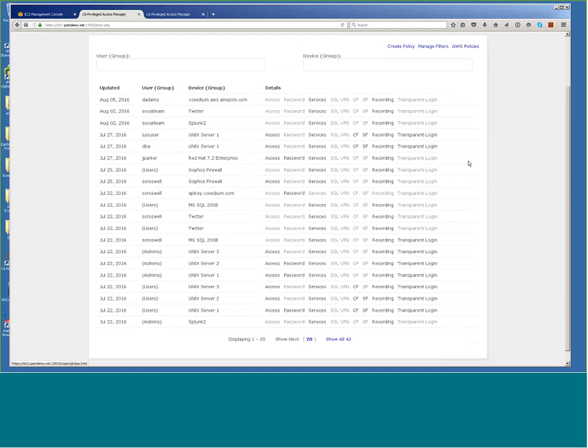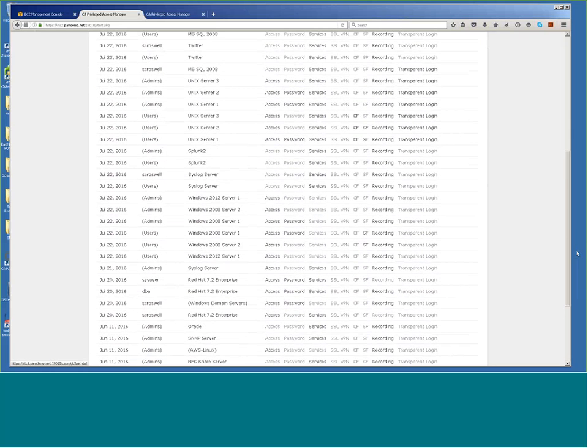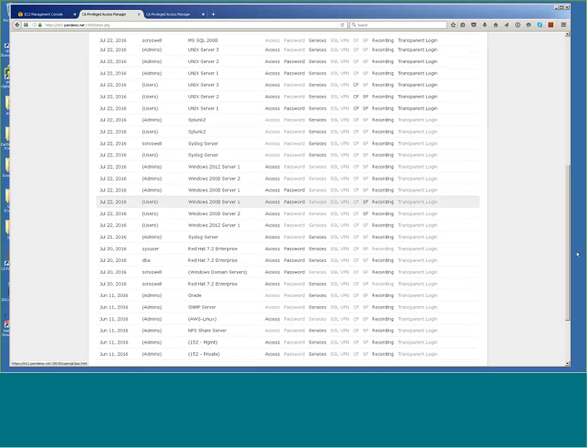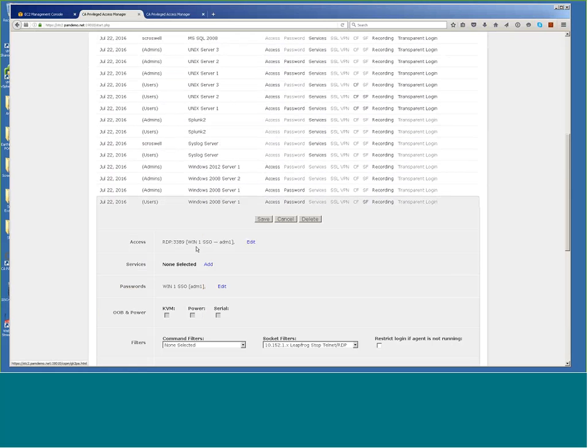But if I come down here to, let me show more so I can see a Windows one. If I come down here to Windows Server and I look at users, I can come down and say which account. So if somebody is in the users group, they're going to have access to this server called Win1. And the service is going to be $33.89, and it's even for single sign-on. I can say that they can use this Win1 account, or I can vault multiple. But here's where I can pick the different accounts available for RDP on that device that we've set up.